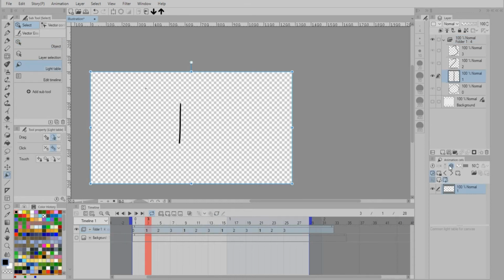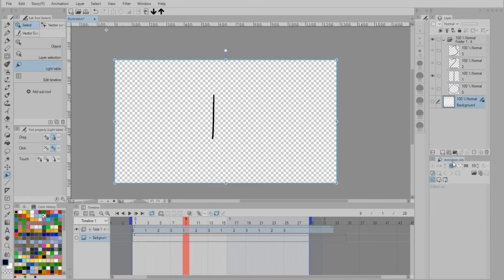So let's now talk about the animation cells, which really might be called light table, because that's really what it's about, and it's a very powerful set of functions. So even though the animation cells are intended for doing animation, they can actually be used even for just standard illustration. And to show you that power, I'm going to go to this particular icon here, which says Select and Register File. So I'm going to click on that,